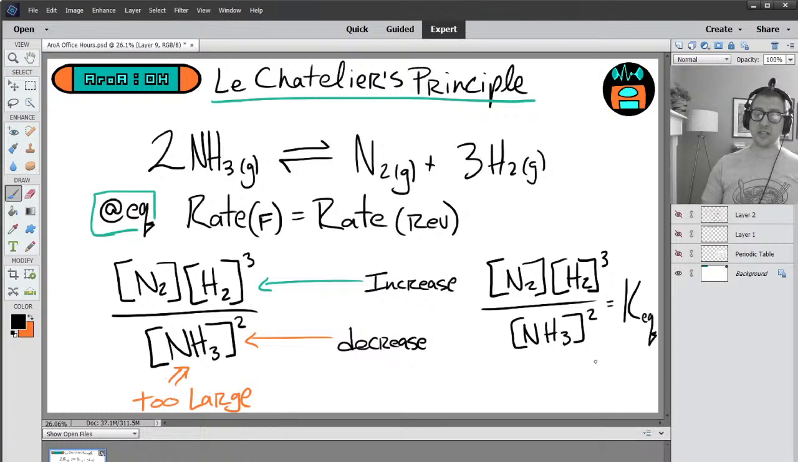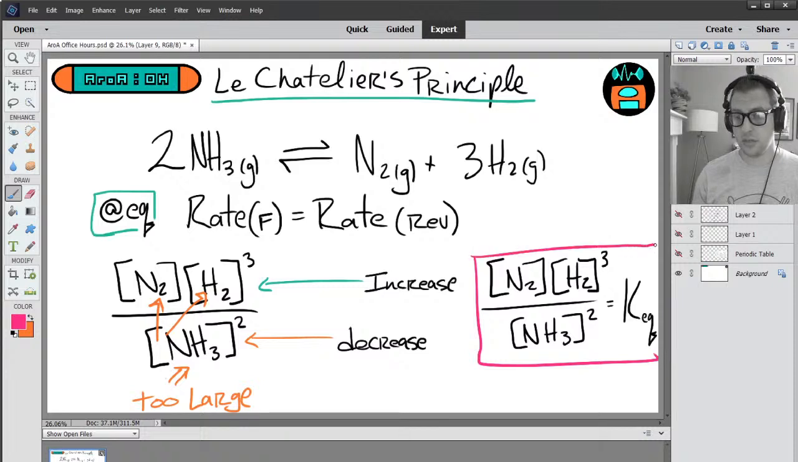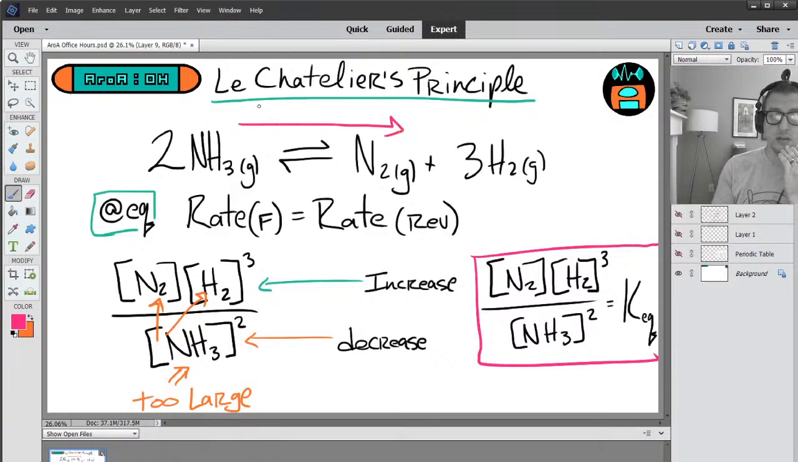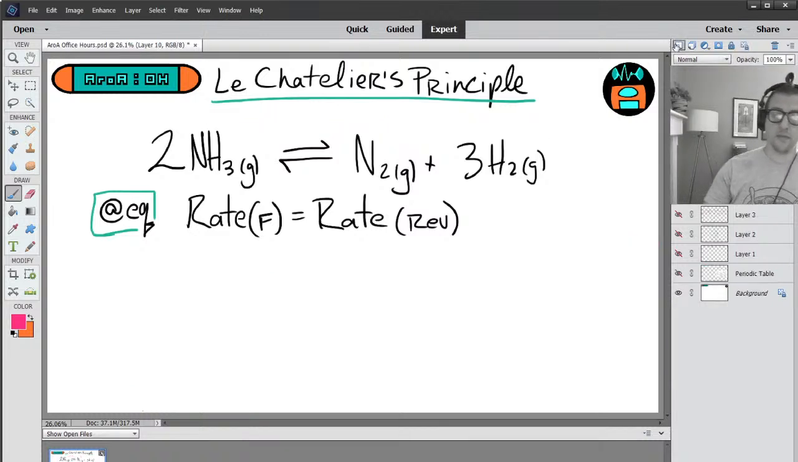All right, they're going to change, they're going to alter. There's going to be a shift where the reactant is going to become nitrogen and hydrogen until those rates are equal again, and then you've reestablished equilibrium. All right? So there's going to be a shift, we'll say a shift away from NH3 and towards nitrogen and hydrogen. All right? After the shift,